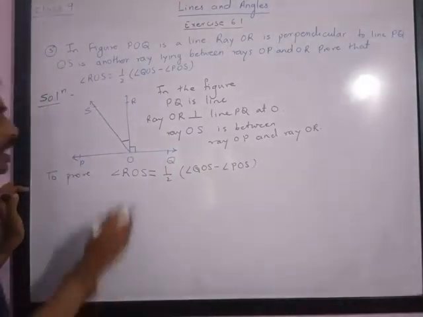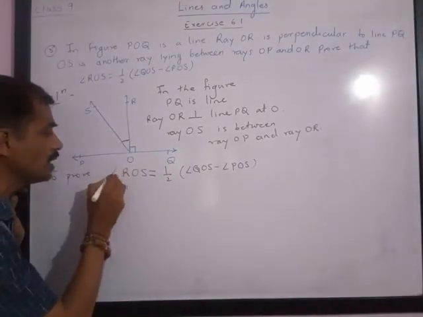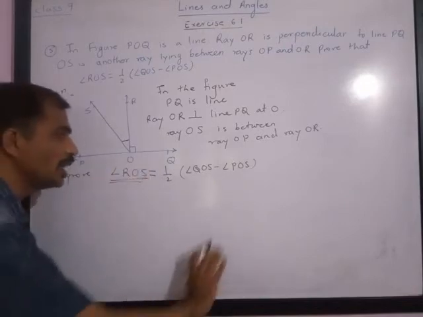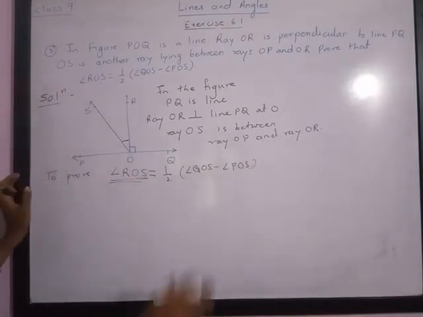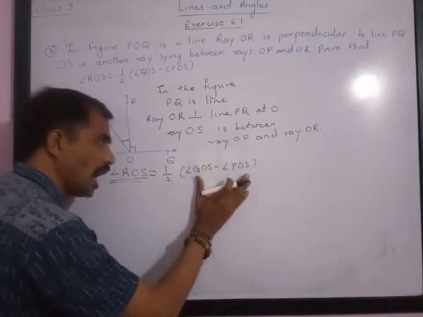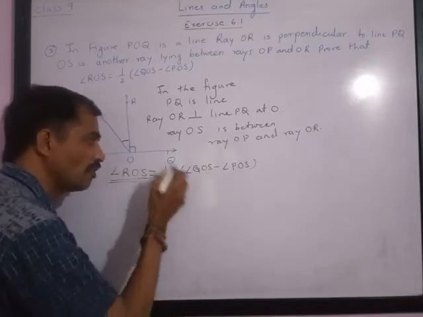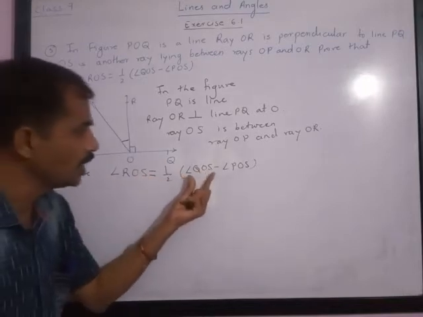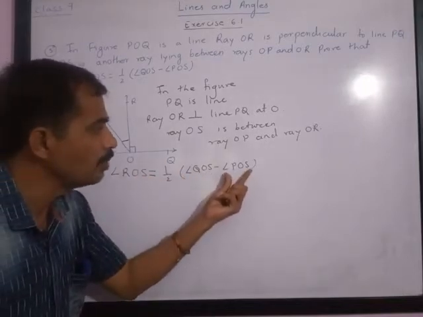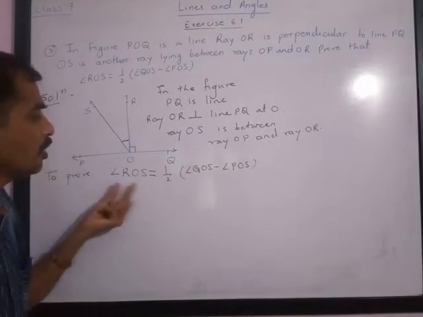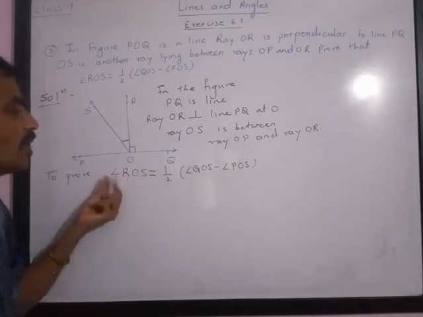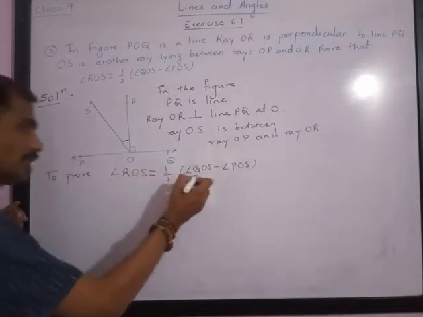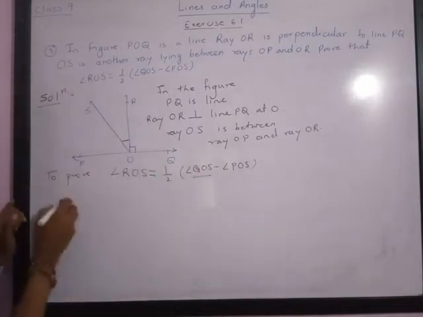So please note, here LHS is ROS. Here you will notice that nothing can be solved, and if we are not able to solve anything to reach the answer, then what we do is observe the RHS. In the RHS also, it is modified in a different way. So I am going to do the subtraction of angle QOS minus angle POS, and check whether it is equal to twice ROS or not. For this, first is angle QOS. Now look at the figure.